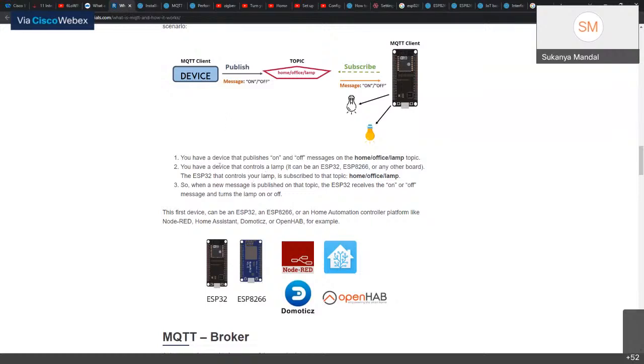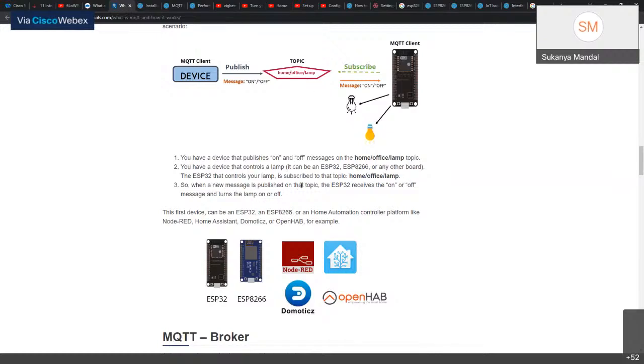So what's happening here is you've decided to publish an on and off message on the home office LAMP topic. You have a device that controls the LAMP, and it can be an ESP32 device or an ESP8266 device or any other XYZ board. The ESP32 that controls your LAMP is subscribed to the topic home office LAMP.